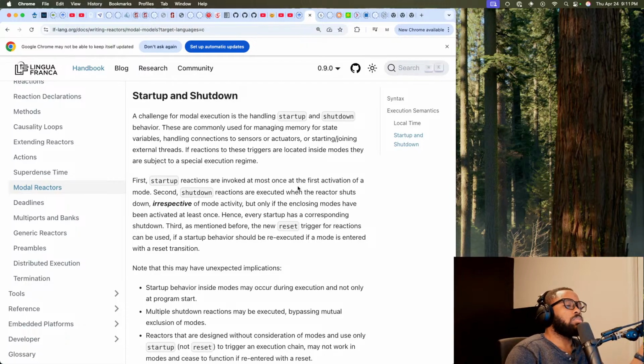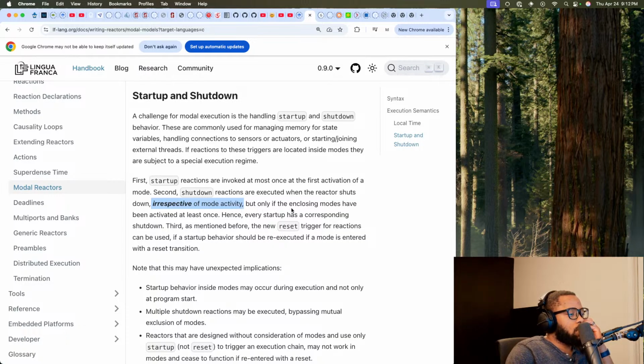What? Excuse me. Second, shutdown reactions are executed when the reactor shuts down, irrespective of mode activity. Okay. So regardless of what's going on within the current mode, it just shuts down.